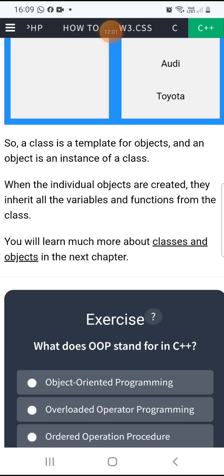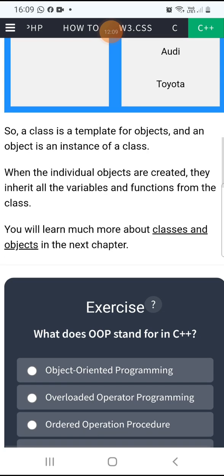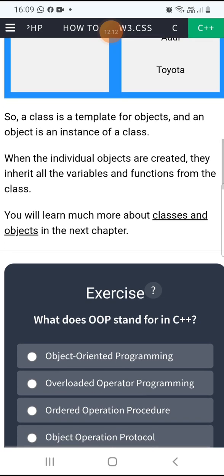Grapes is an instance of the fruit class. A Toyota car is an instance of the car class. Whenever individual objects are created, they inherit all the variables and functions from the class.